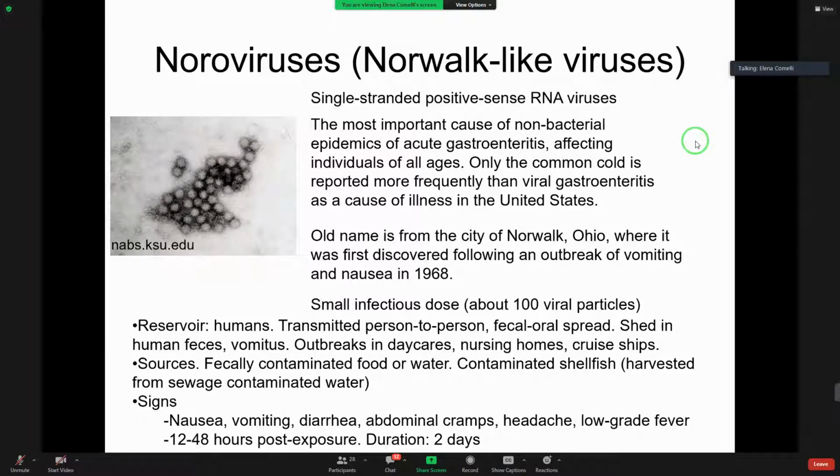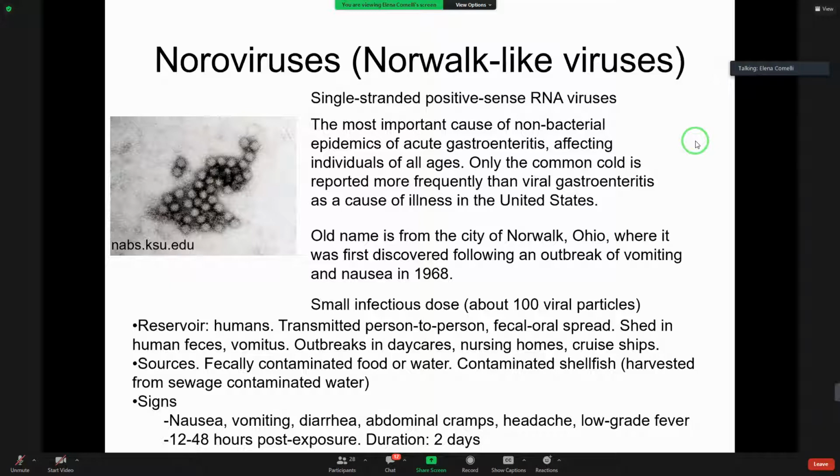And finally, the last agent that I wanted to mention is the noroviruses. It is plural because there are many different viruses that all belong to the norovirus group and have a few variations depending on the geographical region where the outbreak is coming from, but they're usually all studied together and called Norwalk-like viruses, from the city of Norwalk, where there was an important spread and outbreak of noroviruses in 1968.